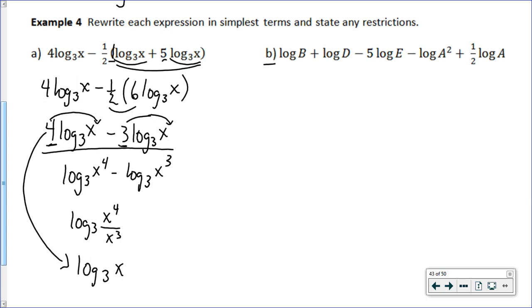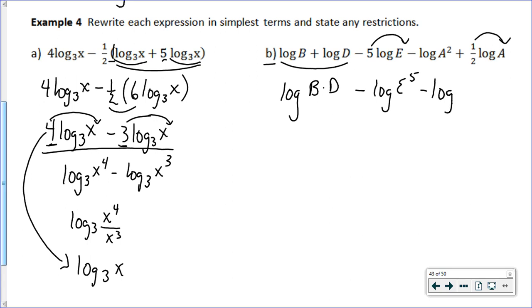All right, what I might do now is combine these. Log b times d. I might pop that exponent up, and this exponent up as well, and I would get minus log e to the 5th minus log a squared plus log a to the 1/2. And now if I put this all together,